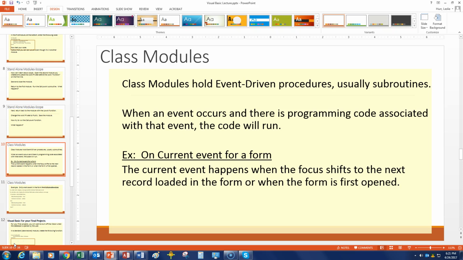I really am sorry that we don't have more time to cover class modules, because class modules hold event-driven procedures, and event-driven procedures are rich with opportunities to create really works of art